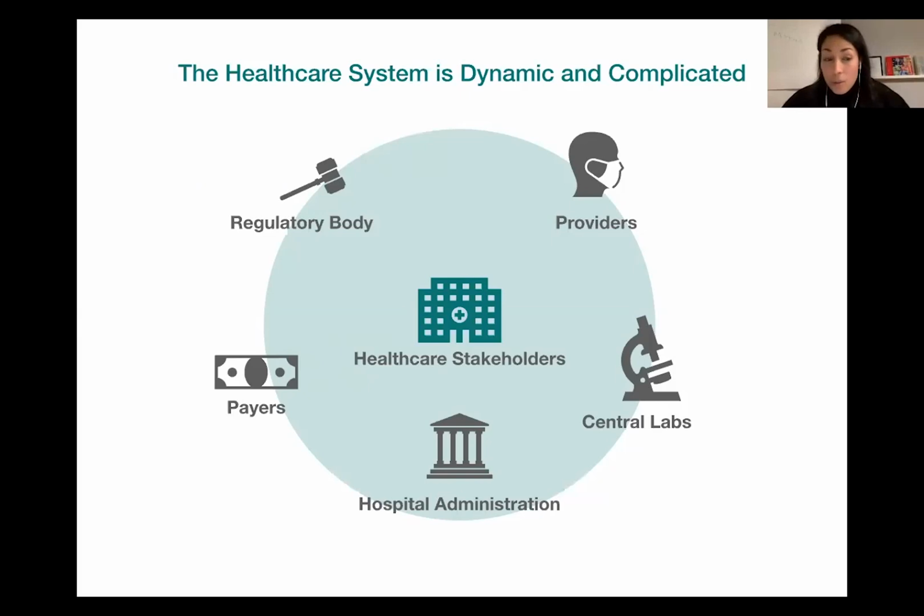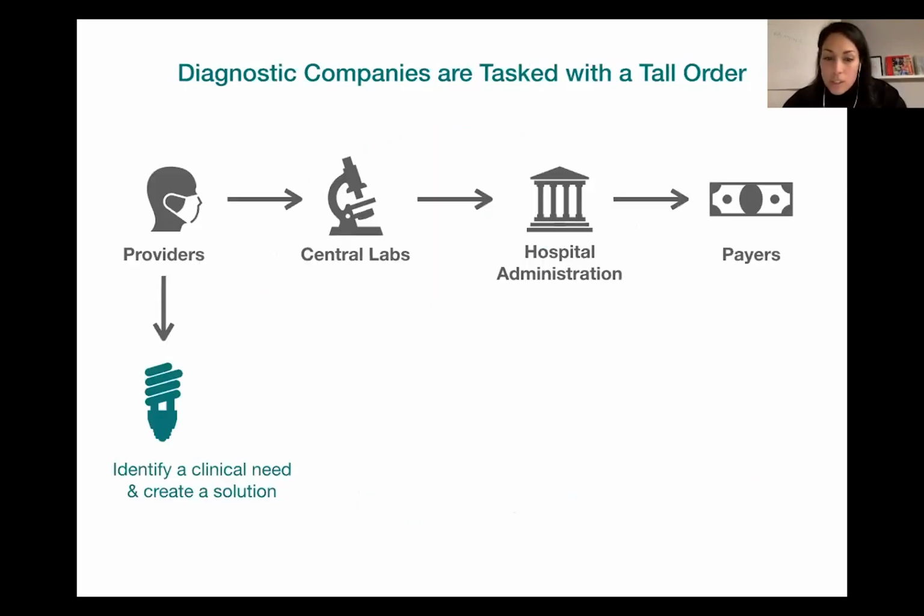You have payers, you have insurers, right, that you ultimately have to interface with to make sure that the hospitals are going to get paid for the tests that you're trying to get them to use. And you have regulatory bodies, right? This is a very simplified picture, but there are many stakeholders in diagnostic companies. I think people underappreciate the number of factors that we're always having to weigh to ultimately get a product to impact patient care. And so today I'm going to focus more on the providers, central labs, and the hospital administration,